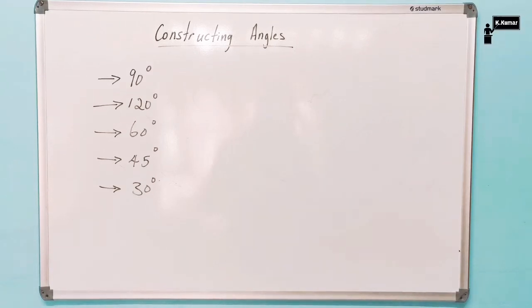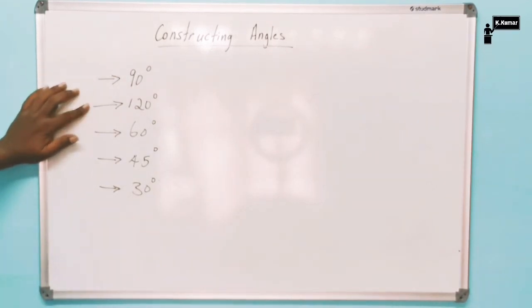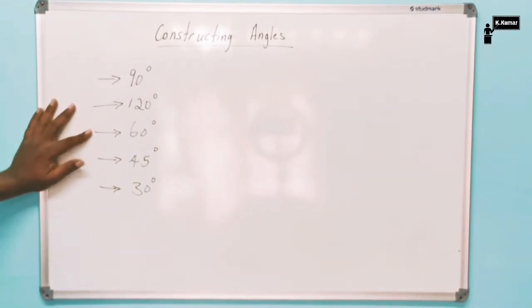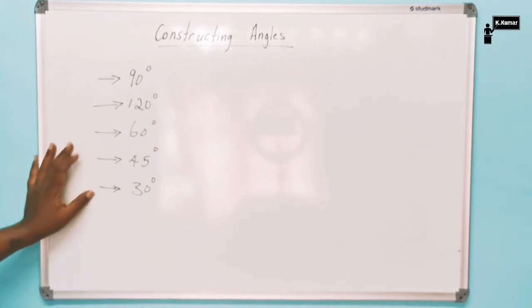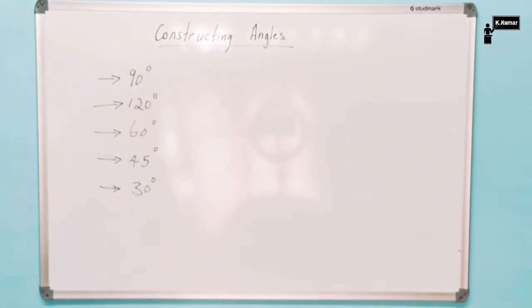In today's video, we're going to look at constructing angles, and listed there are the angles we're going to look at. You have the 90 degrees, the 120 degrees, the 60 degrees, the 45 degrees, and the 30 degrees. So I'm going to construct each, and as I move along, you're going to follow. So you have to get your compass, ruler, and sheets of typing paper,